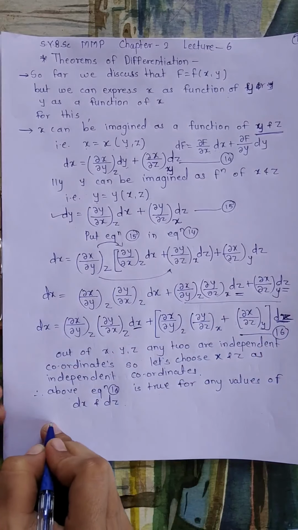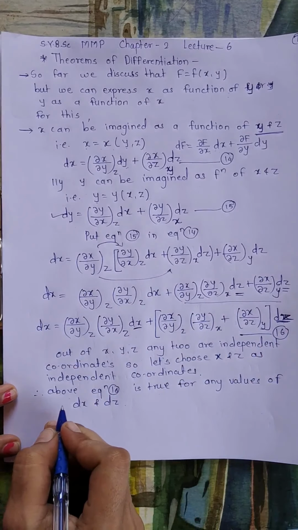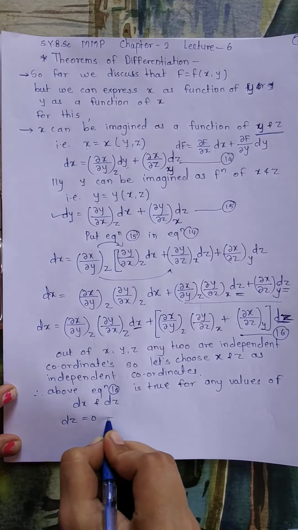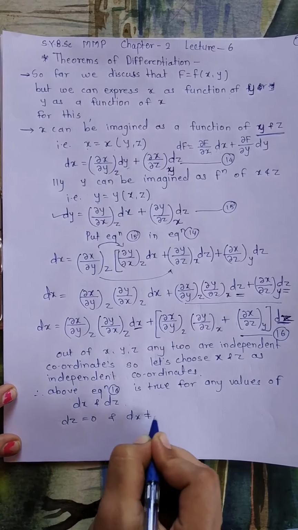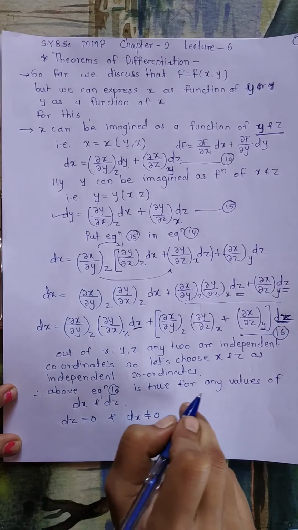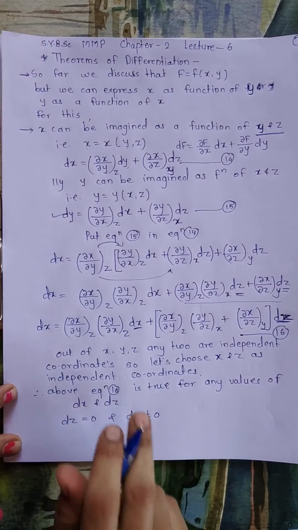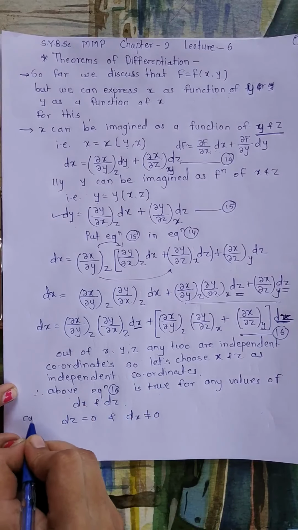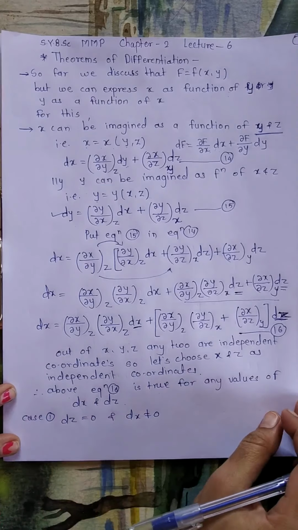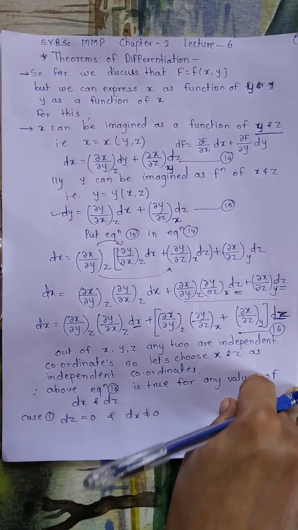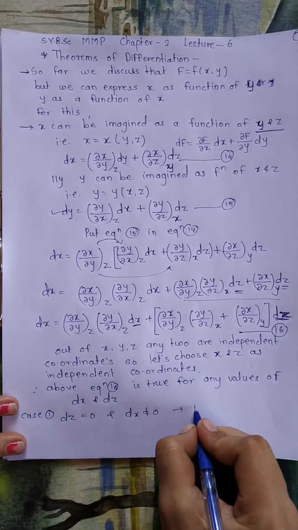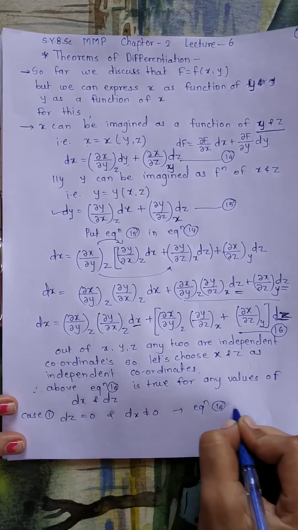Now we will take two cases. In the first case we will take dz equal to 0 and dx not equal to 0, because equation 16 is verified, or it is true, for any values of dx and dz. So in the first case I will choose dz equal to 0 and dx not equal to 0. If we put this in equation 16, then equation 16 becomes,